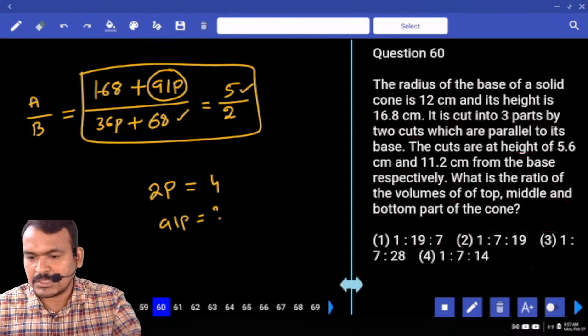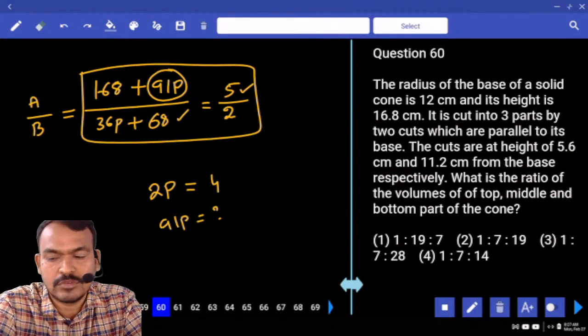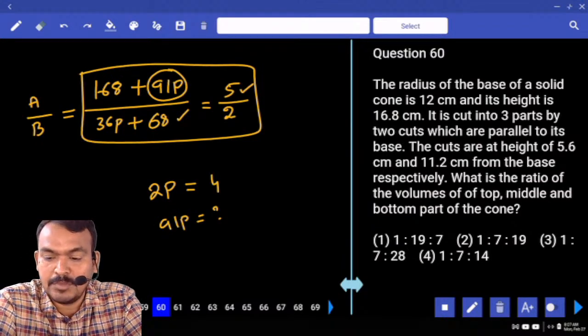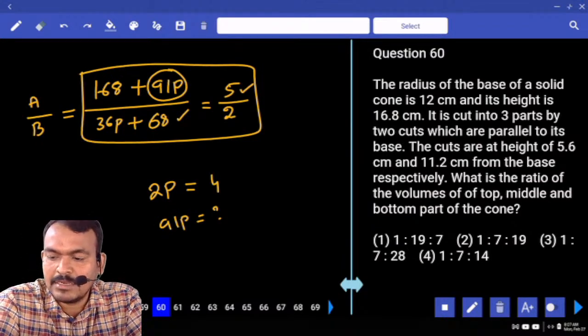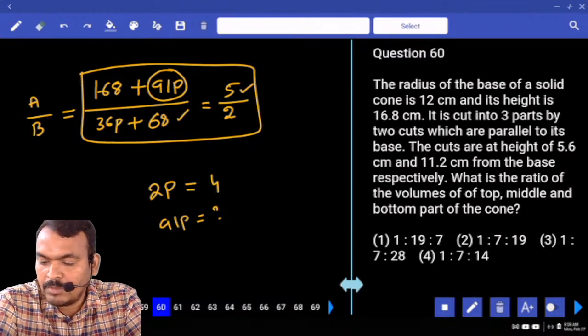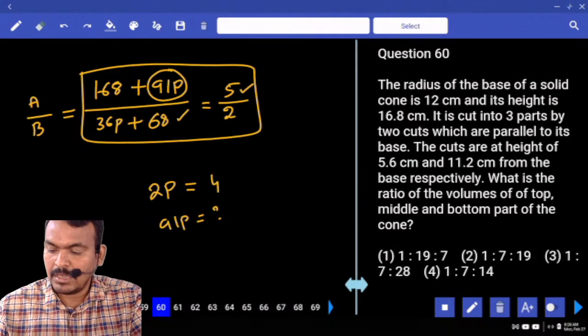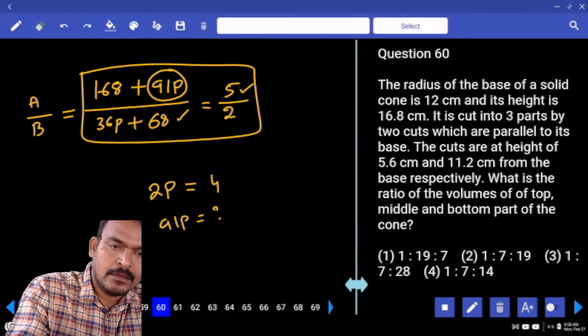Next question number 60. The radius of the base of a solid cone is 12 centimeters, and its height is 16.8 centimeters, and it is cut into 3 parts by 2 cuts which are parallel to its base. The cuts are at heights of 5.6 centimeters and 11.2 centimeters from the base respectively. What is the ratio of the volumes of the top, middle and bottom part of the cone? Okay, top one, middle and bottom part of the cone. First,